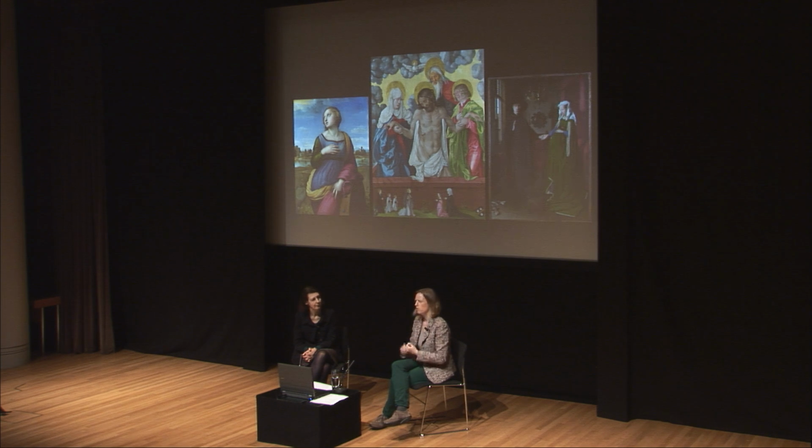And I think also the sense of Baldung isn't trying to make his figures live up to a certain ideal. He's got his own sense of how you make a human figure powerful. And I think that that's really exemplified in this particular painting, as you have the body of Christ being shown and presented to the viewer. And it's almost asking you, the viewer, to respond to the body of Christ in the same way that the Virgin Mary on one side and John on the other side do. That it's inviting that kind of very powerful emotional response,